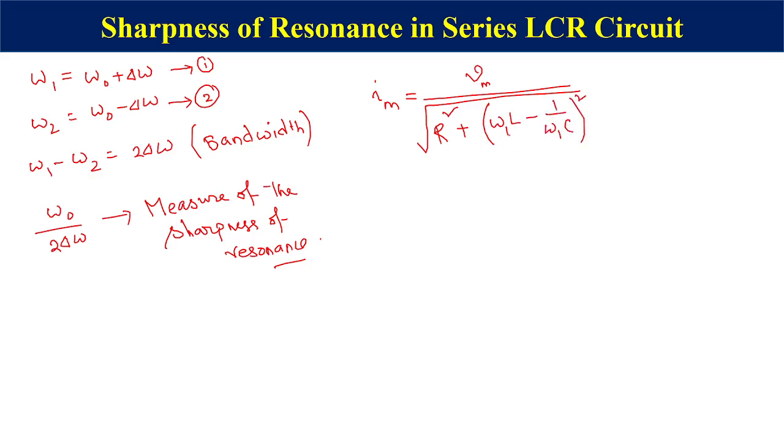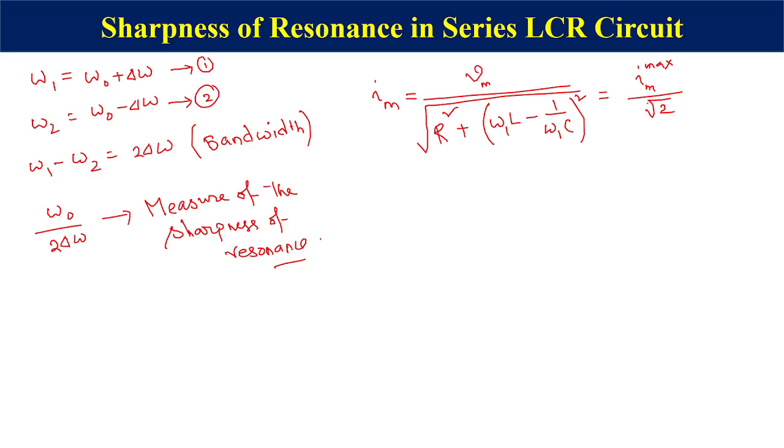Now you remember perhaps what omega 1 and omega 2 are. Omega 1 is slightly higher than omega naught, a slightly higher frequency than the resonant frequency. Omega 2 is slightly lower than the resonant frequency, and omega 1 and omega 2 are symmetrically distributed about omega naught, where the current Im falls off by 1 by square root of 2. I hope this part is clear. So since Im is equal to this at omega 1, it can also be written in terms of the maximum value of the current, Im max, which falls off by square root of 2. That is why these two can be taken to be equal.